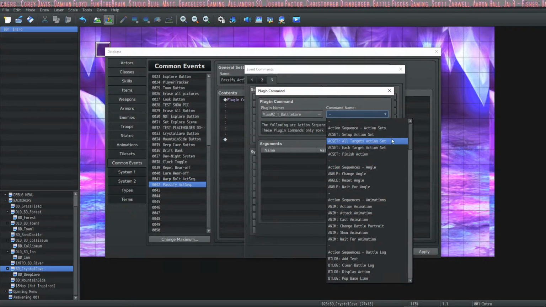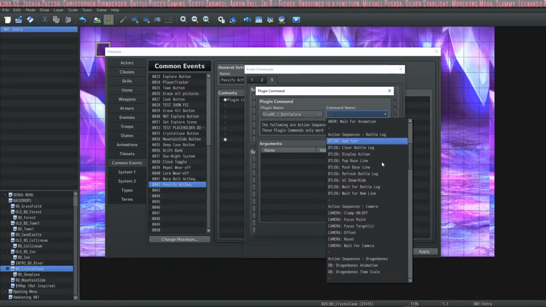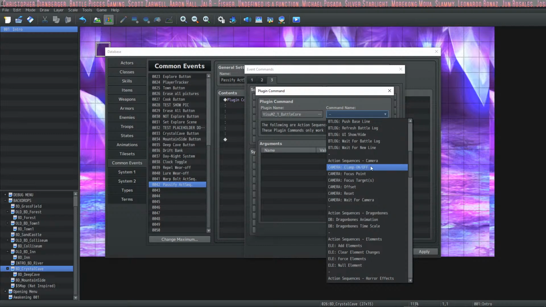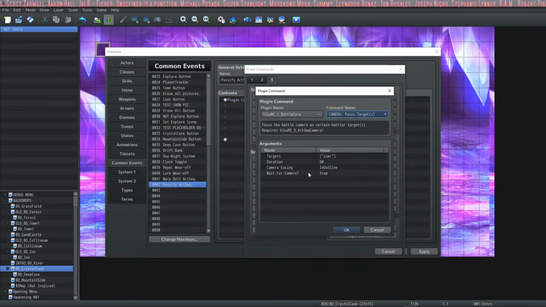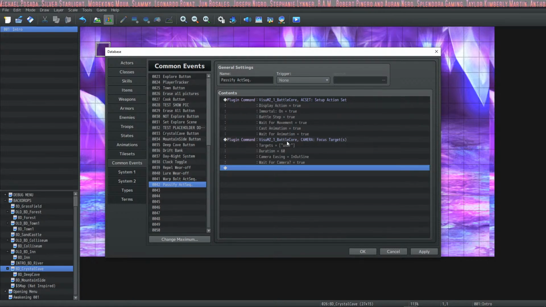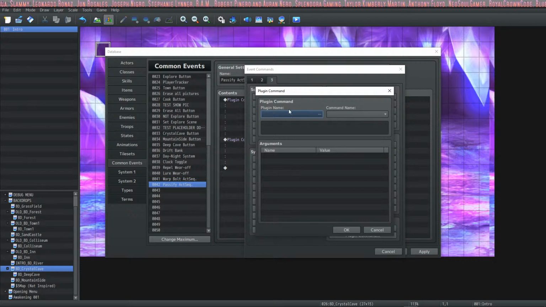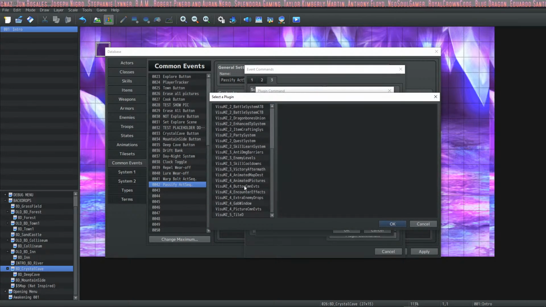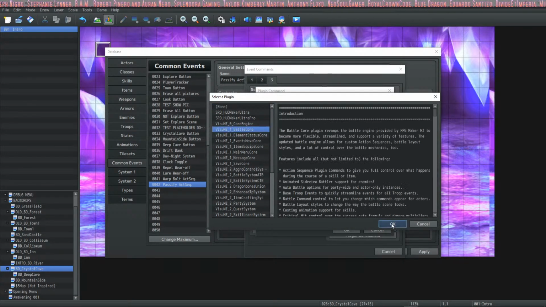Or no? I think I'll keep it simple for this. We'll do camera focus point, focus target. Focus on the user for 1 second. I'm sure we'll change some stuff around. It's fine. Battle core.